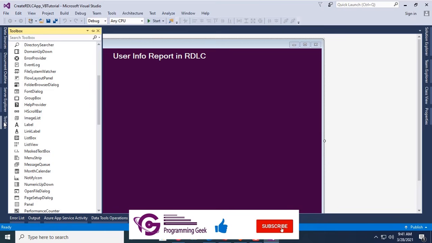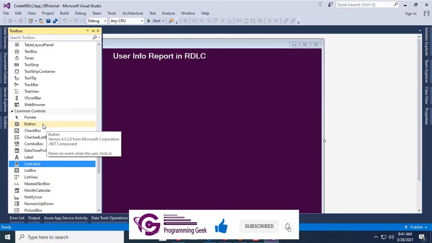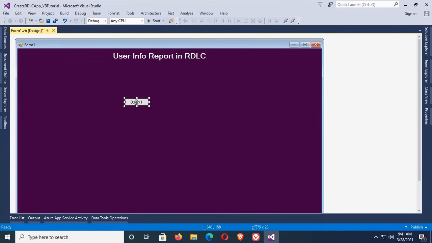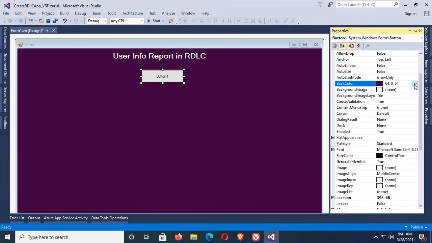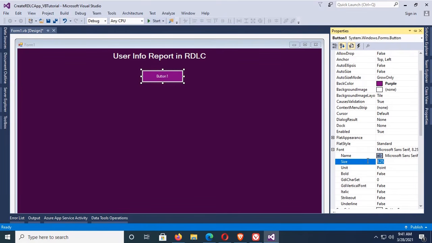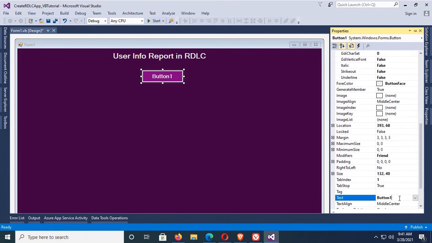Go to the toolbox again and add a button control. Yes, design this button control. Go to the property and change the back color purple, and fore color is button paste, and font size is 12, font bold true, and then button text is load report. Okay,